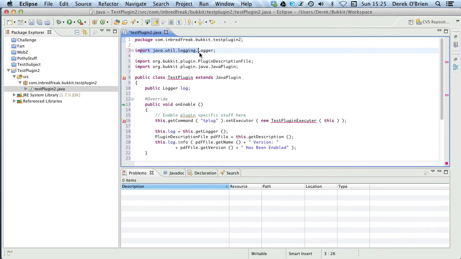You need to import Java util logger if you want to log things to the console. That's your output console. We might have a look at that if we get time. And we also need to link to 2 classes that are part of the API for Bukkit itself, and that is the plugin description file and the Java plugin itself. This is also going to be a 2, and